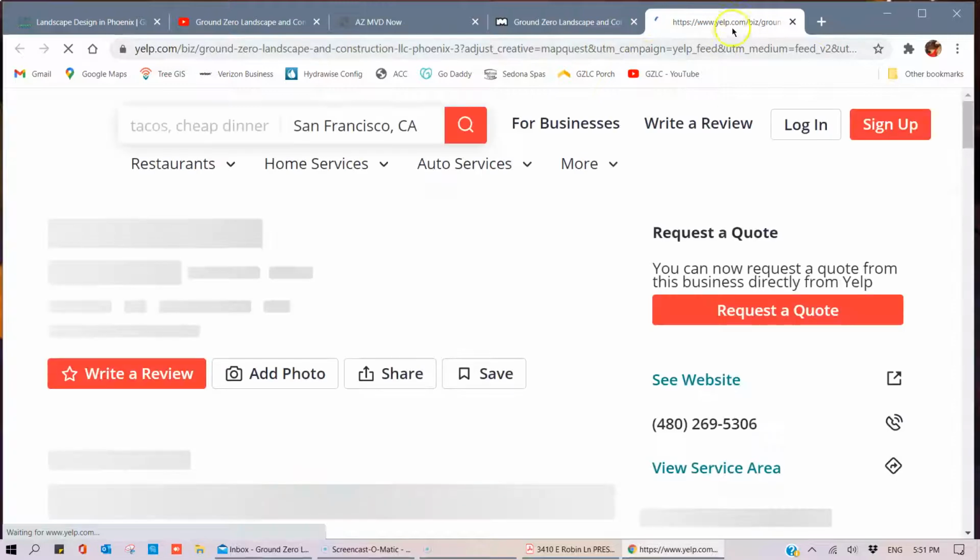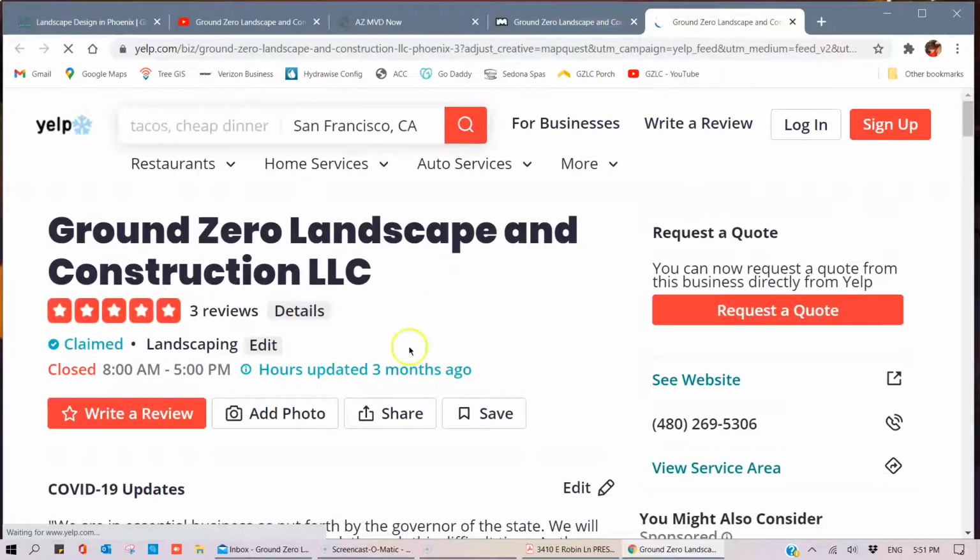Now, okay, so MapQuest may tie in with Yelp. Yeah, see, I think it does. Yelp, this is huge. This is like the up and coming yellow pages. So Google number 1,